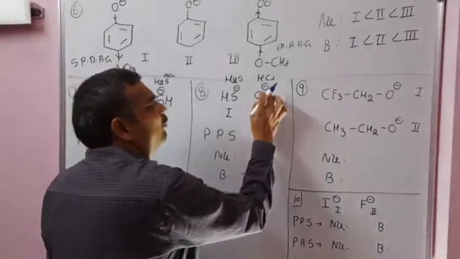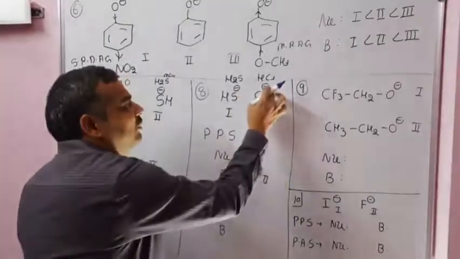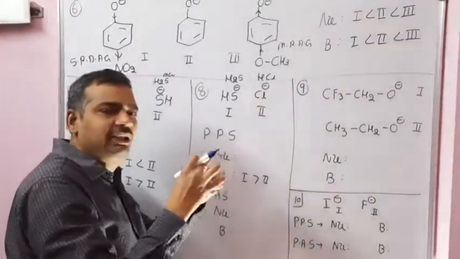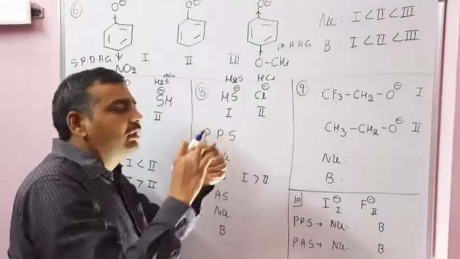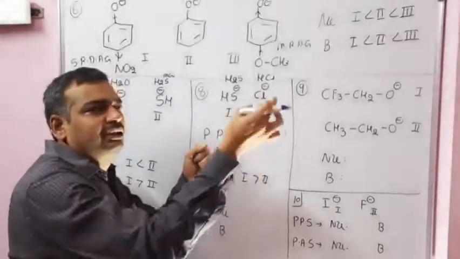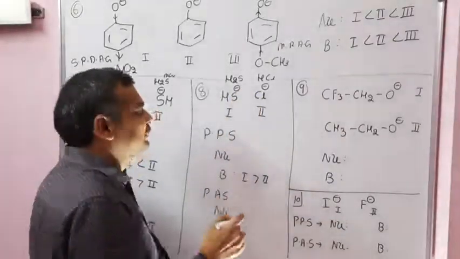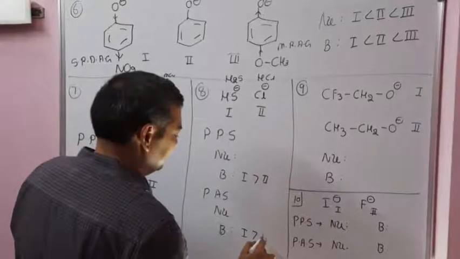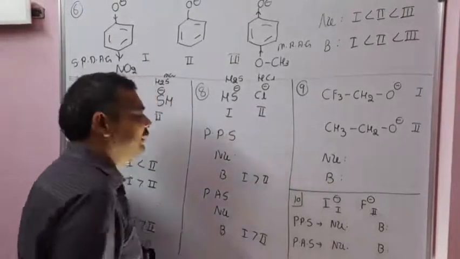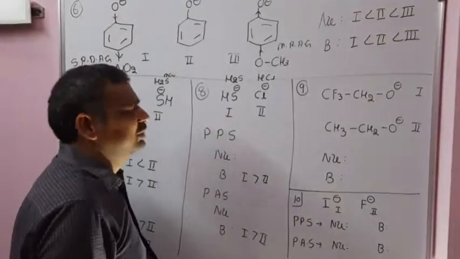Why? Because of more electronegative atoms. From left to right, electronegativity increases. The anion is strongly held by the nucleus, not interested to attack and not interested to abstract a proton. Generally, a more electronegative atom is less basic. That's why this is more basic. From left to right, basicity decreases. Size is not a matter here, so for basicity there is no problem, and aprotic and protic also show no difference.